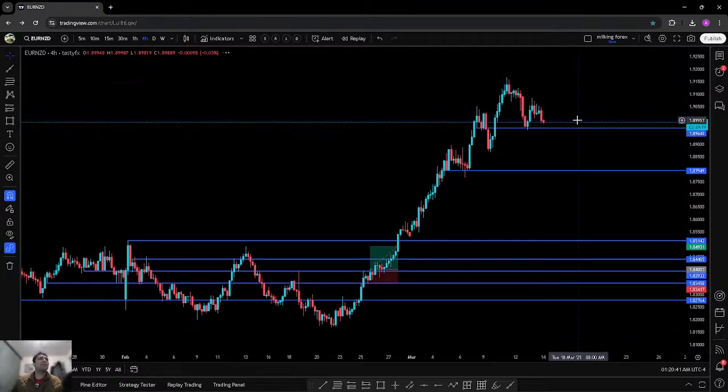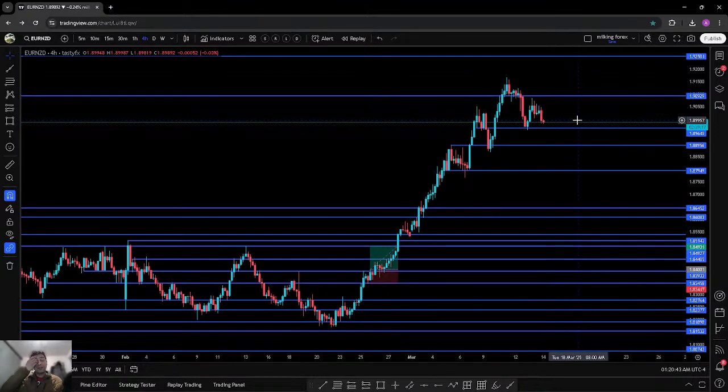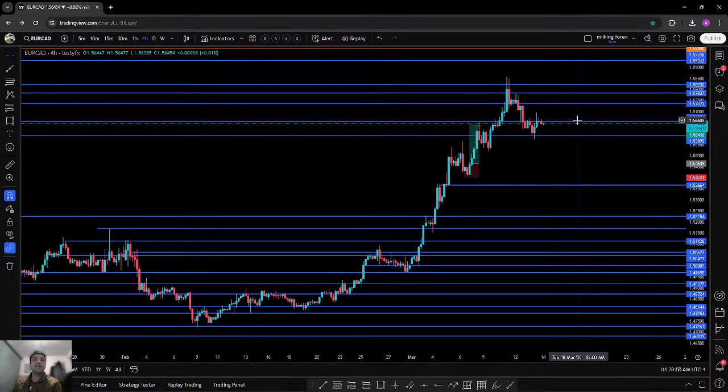Moving next to NZD, we can see that weakness started happening in the euro compared to the NZD right here. The NZD is taking a little bit of strength around here, and similarly the Canadian dollar is also impacting the euro right here, so the euro is pushing a little bit of a downside move.